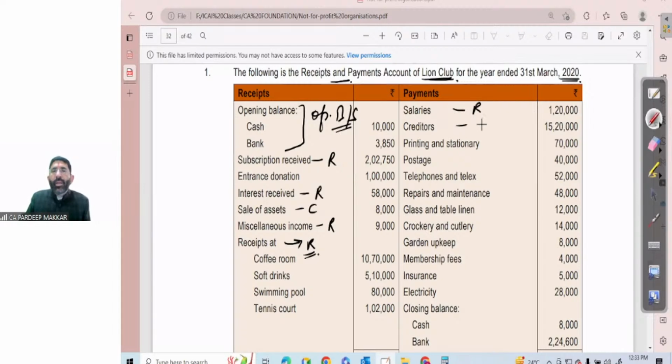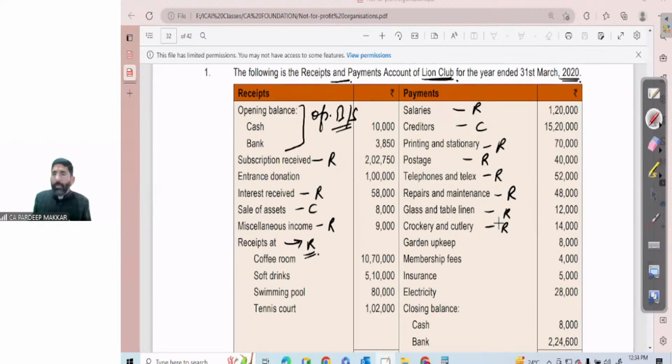This is obviously capital, because this will go to the balance sheet. This is a revenue expense. This is a revenue expense, revenue, and this is also revenue. This is also revenue. Glass and table linen. This is a,